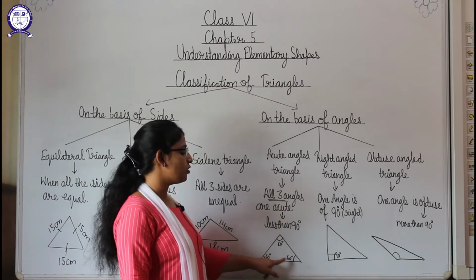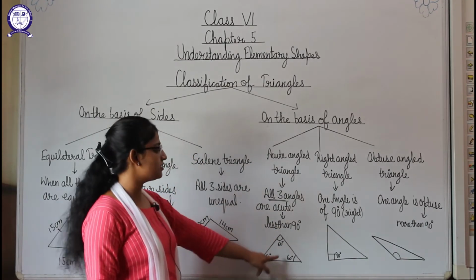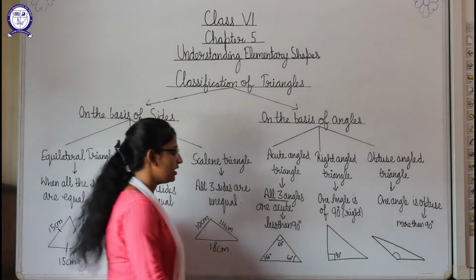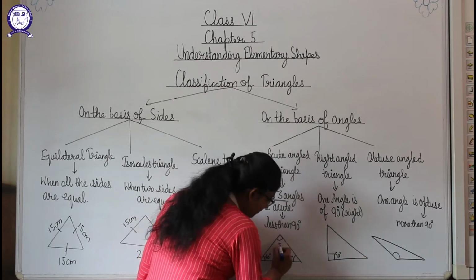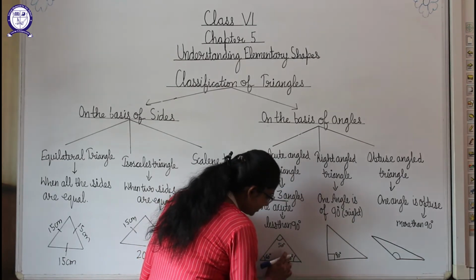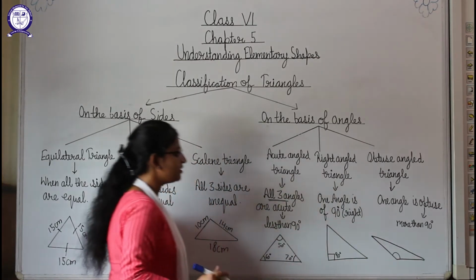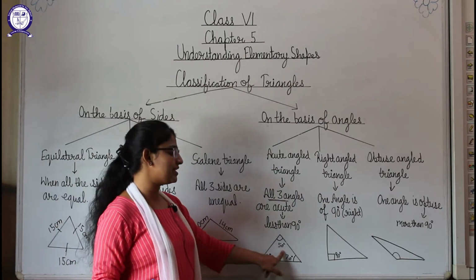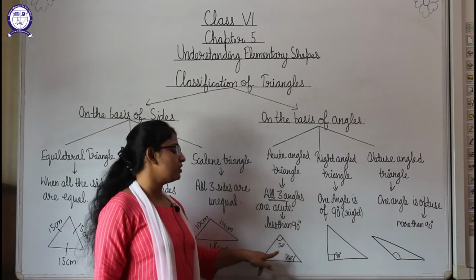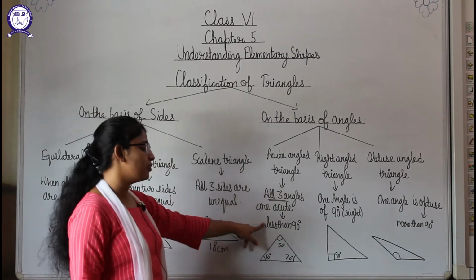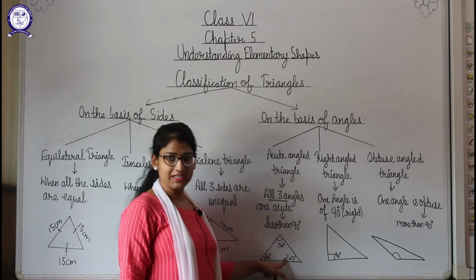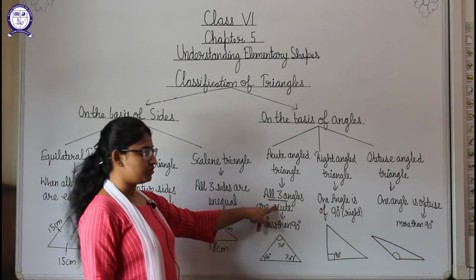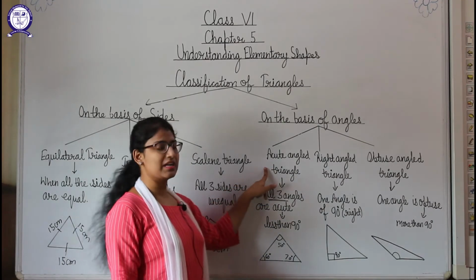Here you can see that all these 3 angles are less than 90 degree. This is of 60, 60, 60. Okay, like this. Suppose if here are the angles 50 degree and 70 degree. Now also they are less than 90 degree, all 3 angles are less than 90 degree. Okay, so in that case also they will be acute angles, means all the 3 angles should be of less than 90 degree, all the 3 angles, students. Okay, so this will be an acute angle triangle.